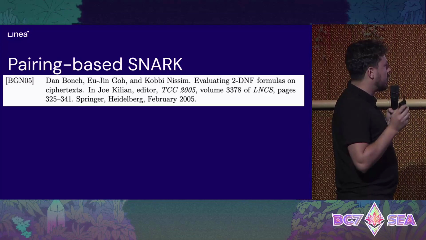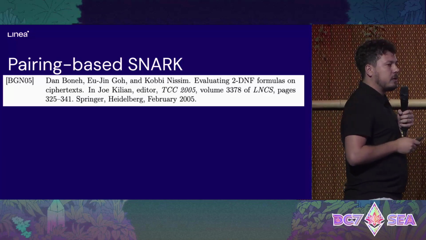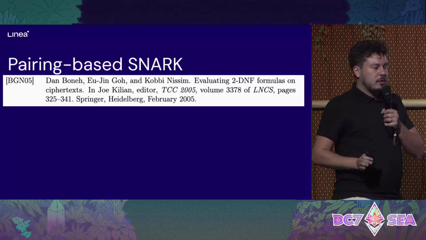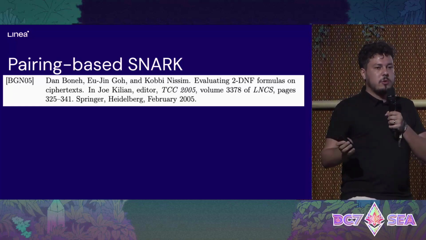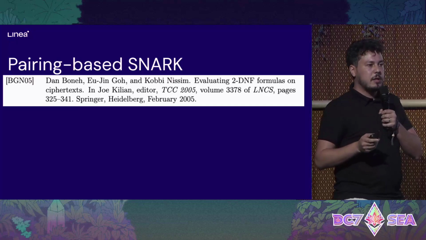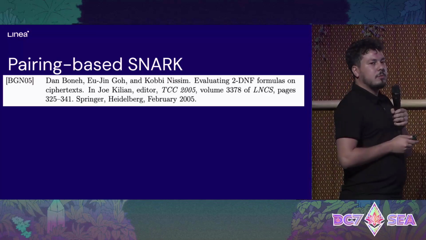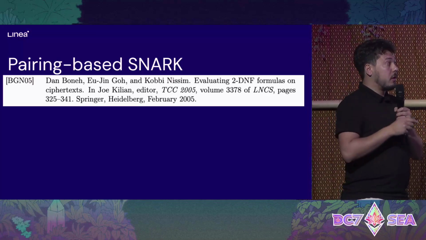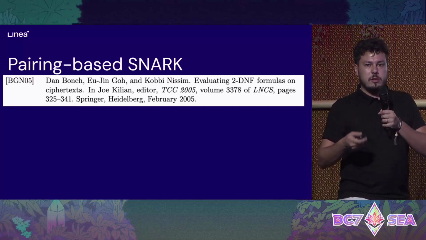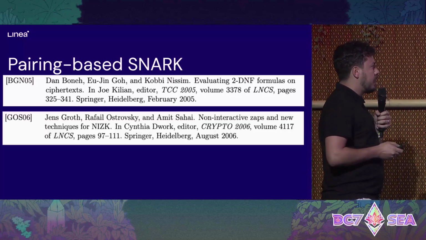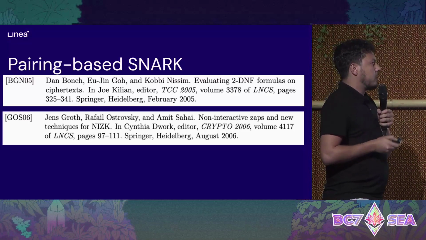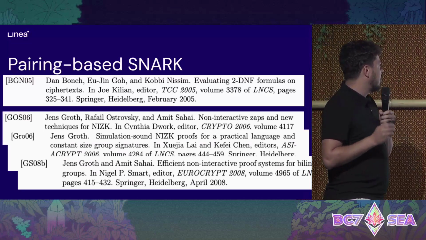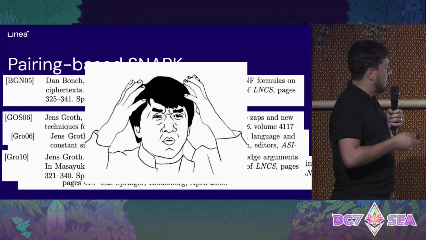And for me, the turning point was this paper by Boneh and Nissim. It has nothing to do with SNARKs. It is a doubly homomorphic encryption scheme. That is, you can do any additions you want on the ciphertext and a single multiplication on the ciphertext, but it wasn't practical. And this is because for the decryption, we needed to solve a discrete logarithm problem. So not practical. But fortunately, researchers like Groth, Ostrovsky, and Sahai, between 2006 until